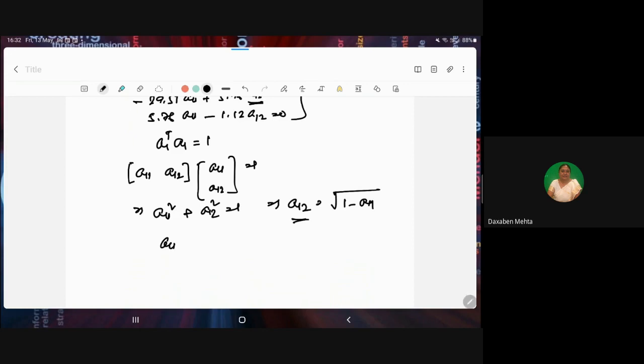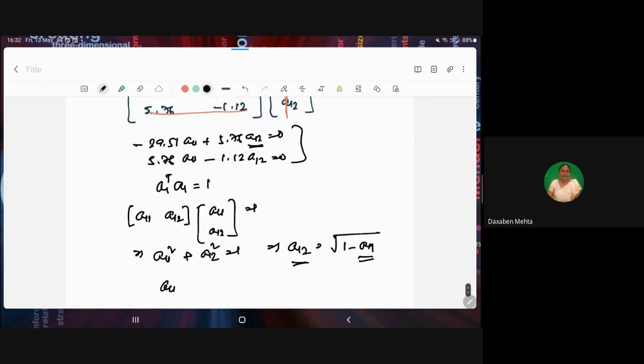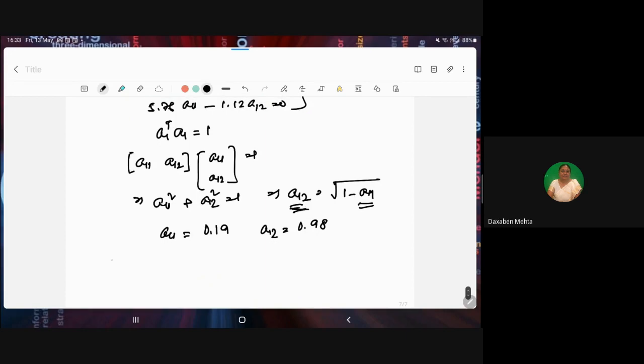And similarly, when you put these values into the first equation, if I put the value of A12 is equal to root over of 1 minus A11 square, then transferring this term to the other side, we can solve the value of A11. Actually, if you are interested, in this example the value becomes 0.19, and A12, if we solve, is 0.98. So what is the meaning of this? That means when the eigenvalue is 30.66, we get